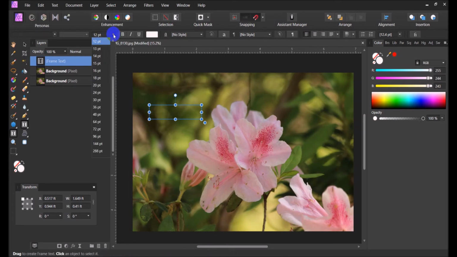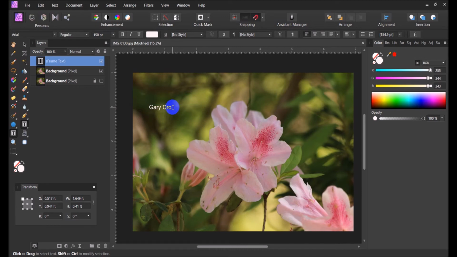I go back up to the size. As I start going down, you see it gets bigger and bigger the further I go down. You can also just go up here and type in any size you want. And so that is our text size now. So now I'll click back inside of the box. Then I'm going to finish my